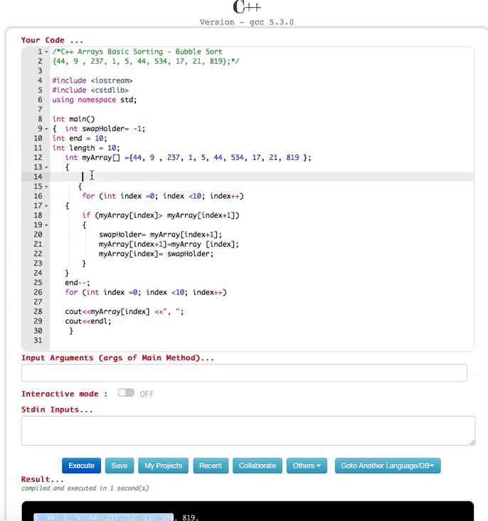Okay, now what we are going to put is for integer counter is equal to length. We set it to 10, right? So that's why counter is equal to length. Actually we need 9 times only, we don't need 10 times, because we know the final is okay. So we just have to run 9 times. So length minus 1, because length is 10, length minus 1 is only 9, and counter